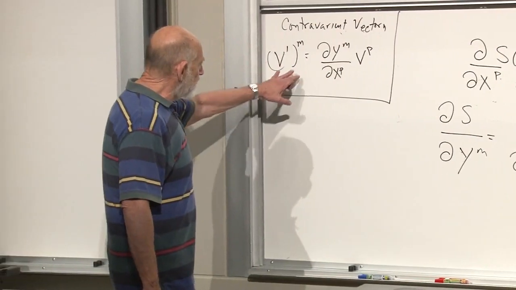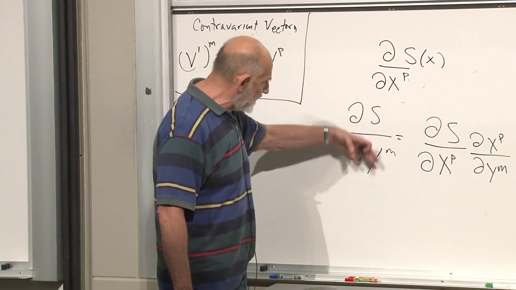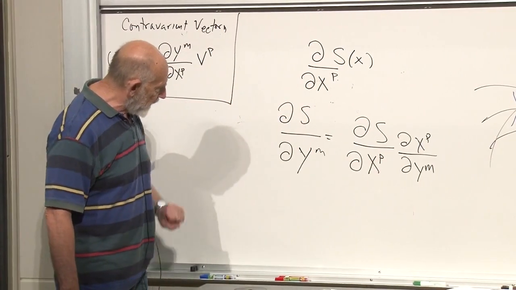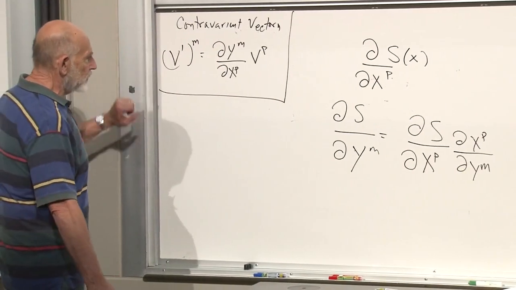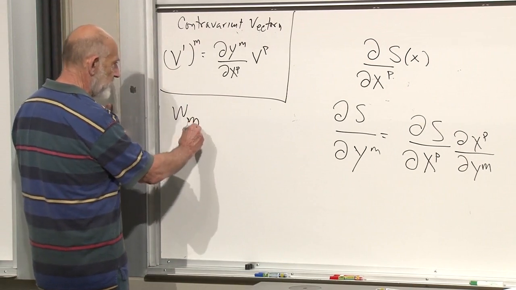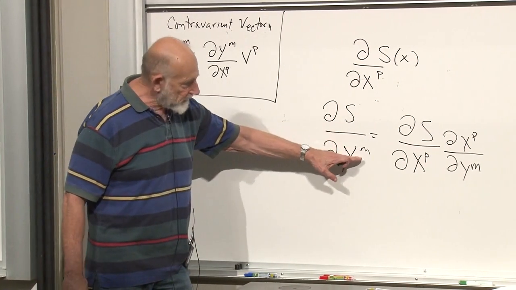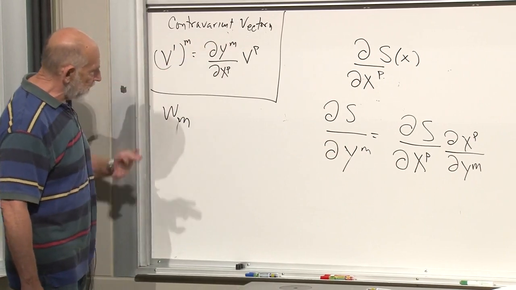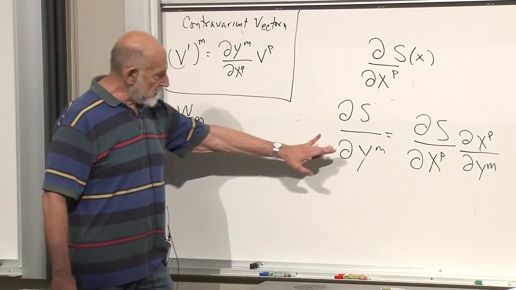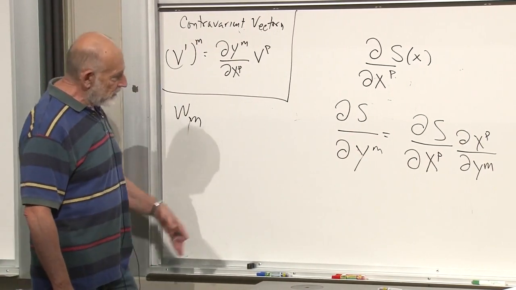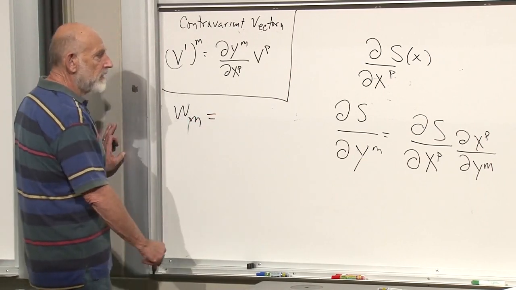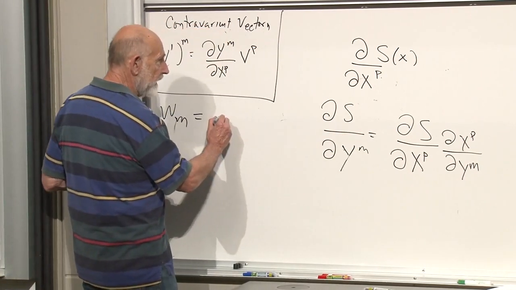All right, so let's see, how does this compare with this? This is now in the primed coordinate system, with some primed variable. Let's call the gradient here w. This is w'_m on the left-hand side. Notice I'm putting the index downstairs here. This index was upstairs before; here I'm putting it downstairs. You'll see that this makes nice sense in a minute.